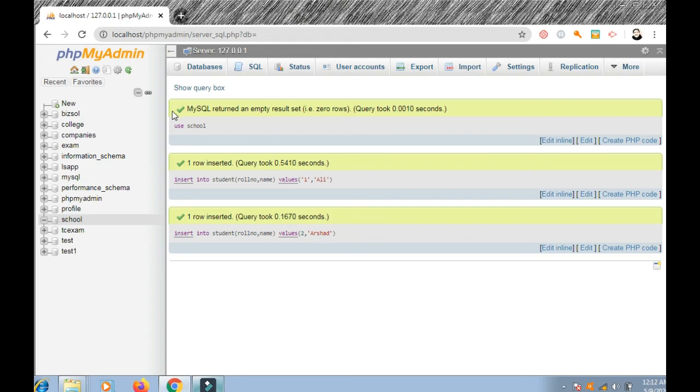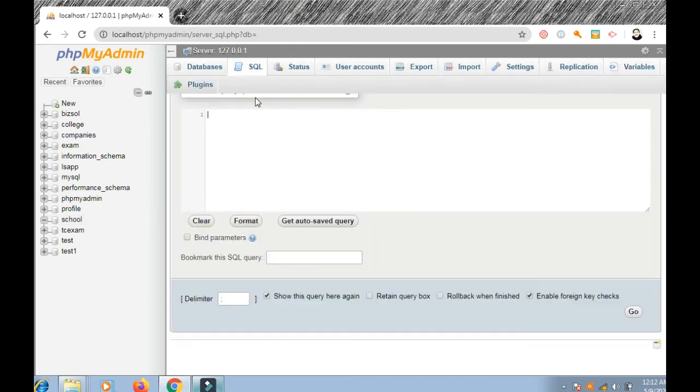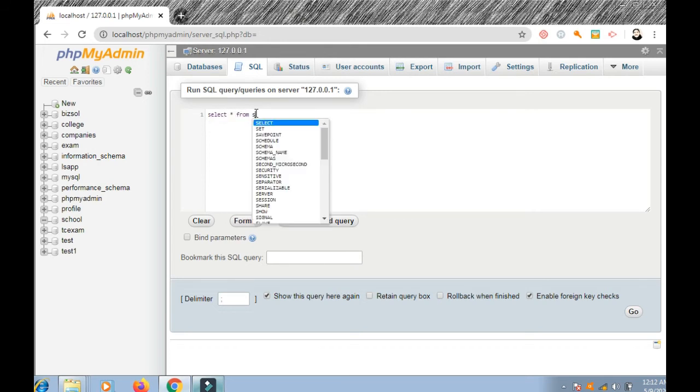If we see, we can use select. Okay, here select all star from student. Okay, select all from student and semicolon. Okay, for one statement you should not use semicolon. Okay, again it will give an error.